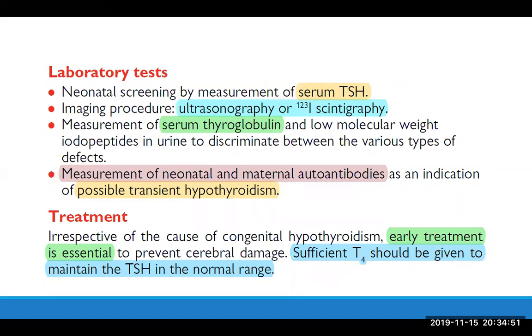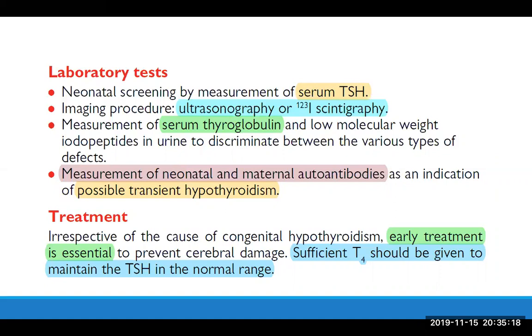Of course, thyroid ultrasonography is important to detect the presence or absence of the thyroid, and thyroid scintigraphy may be used to detect the uptake in the thyroid and any defects in thyroid hormonogenesis. Serum thyroglobulin is elevated in all thyroid disorders, but it is absent in the absence of thyroid. And of course, the